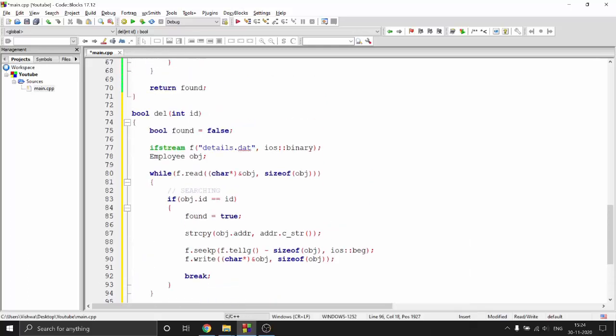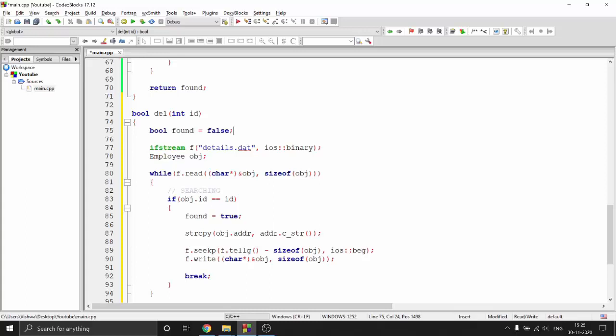Right, now how are we going to delete something? Well, we cannot directly delete from a file, just like what we do. Like, let's say I want to delete this. If I just press backspace, this line goes away. But this action cannot be performed using C++ binary file objects. You don't have a delete method inside the object. So how do you delete it?